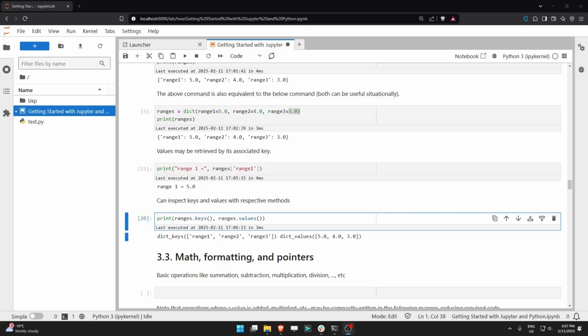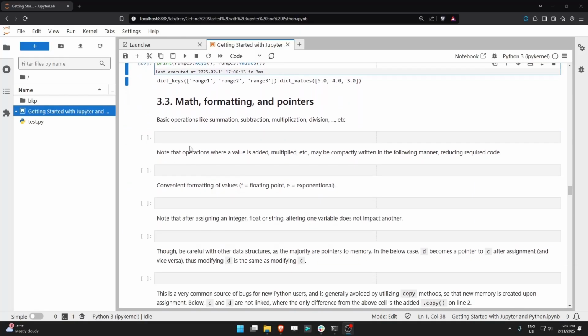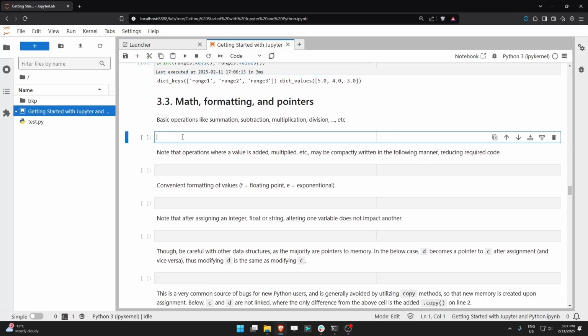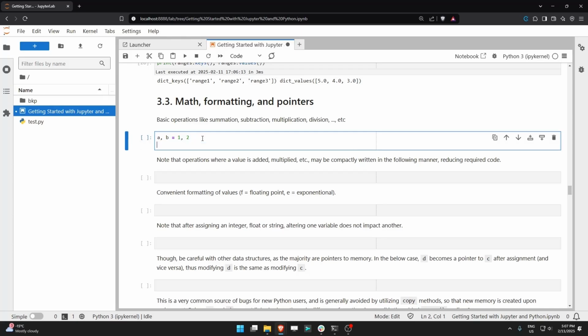Now that we have seen the basic data types in Python, let's move into performing some operations with defined variables and look into some formatting that we can do. So starting with a very basic operation. We already saw that we can assign values using a tuple and assign, say, 1 to A and 2 to B. And of course, we can do basic math within Python